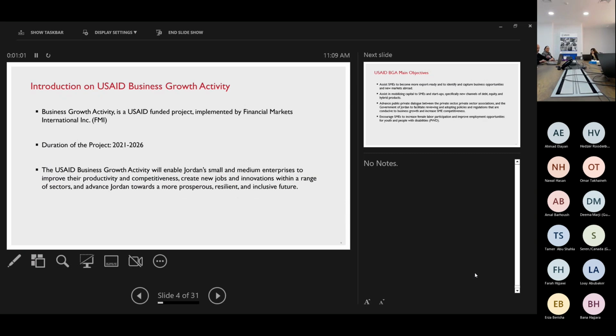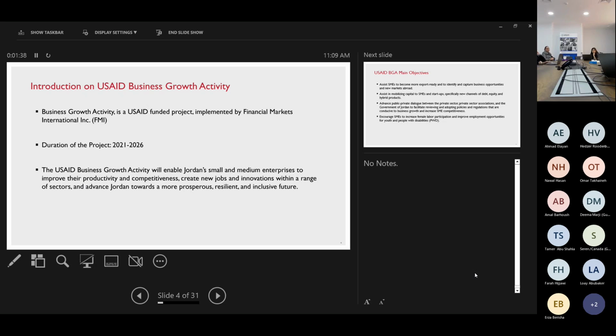The USAID Business Growth Activity is a USAID-funded project implemented by Financial Markets International in Jordan. The duration of the project is 2021 through 2026. The activity will enable Jordan's small and medium enterprises, SMEs, and startups to improve their productivity and competitiveness, create new jobs and innovations within a range of sectors, and advance Jordan towards a more prosperous,